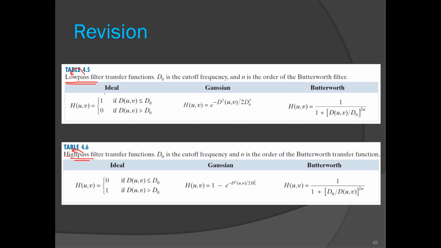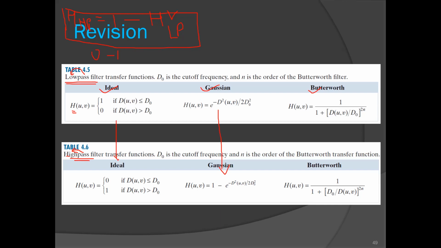Under each category we have seen three types of filters: ideal, Gaussian and Butterworth. And this H varies from 0 to 1. As you can see, for this low pass filter, which I am representing by LP, we can derive the high pass filters from low pass filters just by subtracting it from 1. So the equations of HP can be derived from the equations of low pass filters. They are just 1 minus the equations of low pass filters.